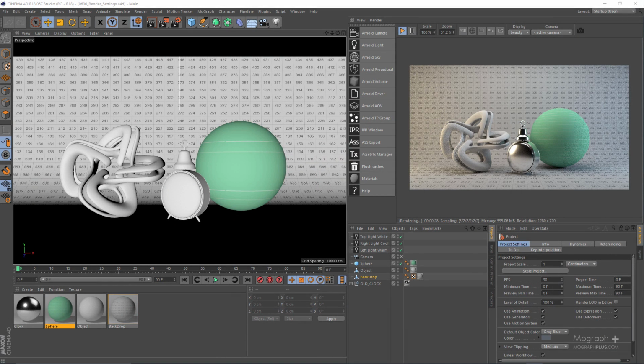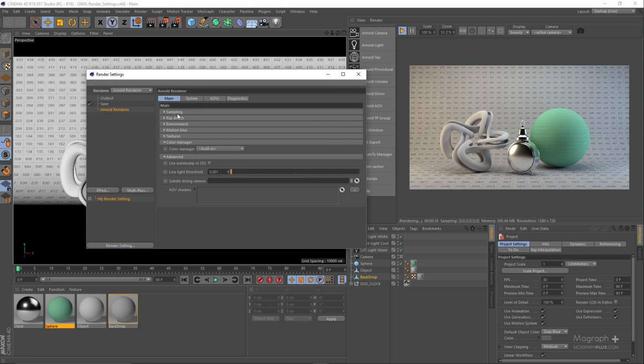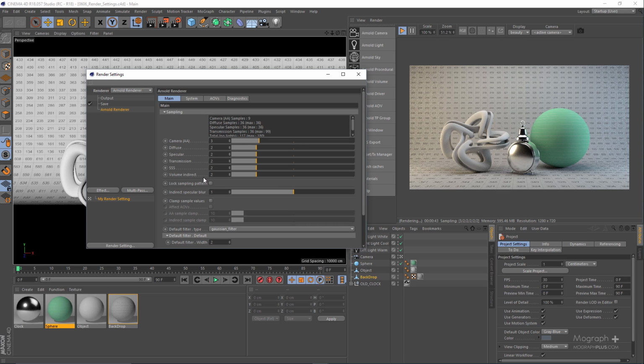Okay folks, in this lesson we take a look at other Arnold render settings that we haven't discussed yet. So let's open up the render settings windows and go to the Arnold render section. If you open up the sampling section, we have a few other options other than the different samples. Lock sampling pattern locks the anti-aliasing seed for each frame, so the sampling noise would be the same for each